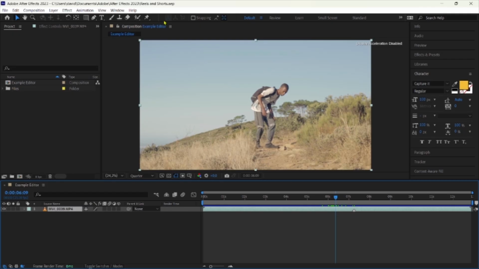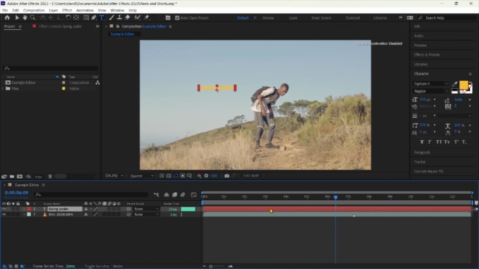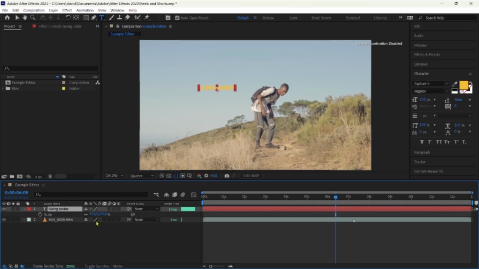But before we get into that, we're going to go ahead and type in our text. In my case, it's going under. And then after doing that, I just select the layer here on the timeline and then press S. When you go on your left hand side, under source name, you will see scale. Then there's this number, 100. I'm going to increase mine to 350 and then press enter, which enlarges our text on the screen.